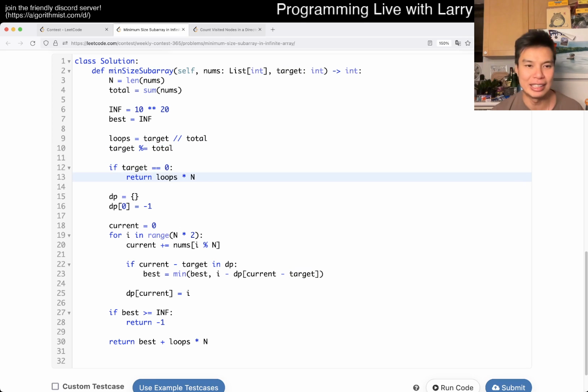So now you just need the number of loops, and the number of numbers per loop. So then it's just loops times n, right? And then the rest,